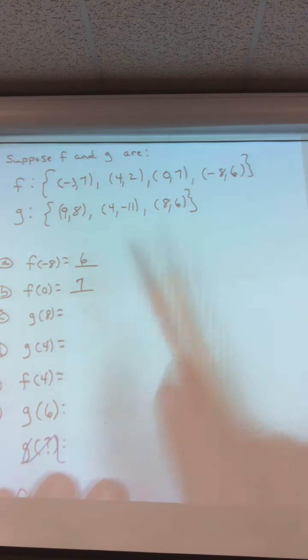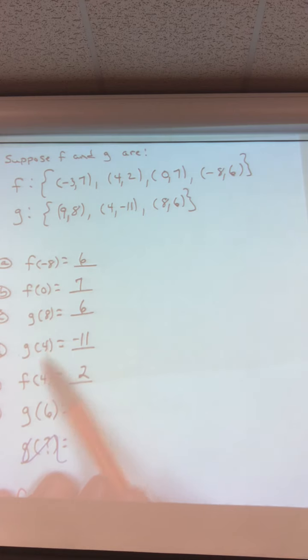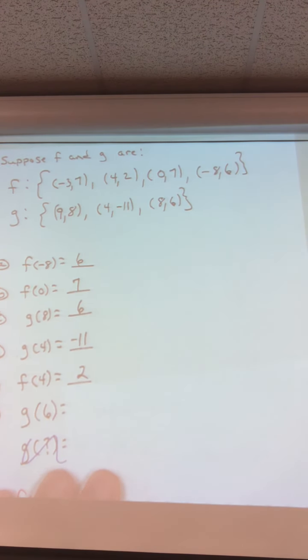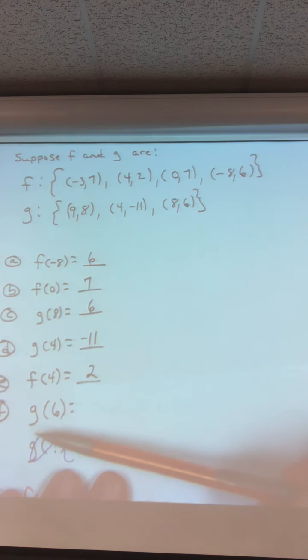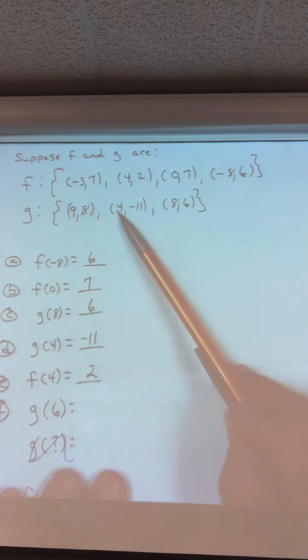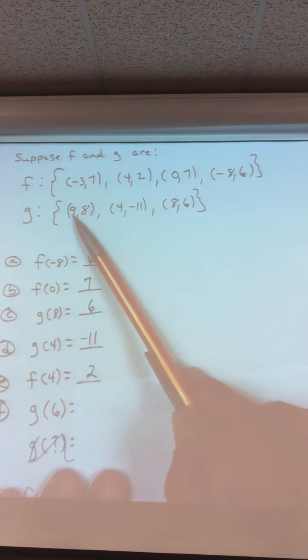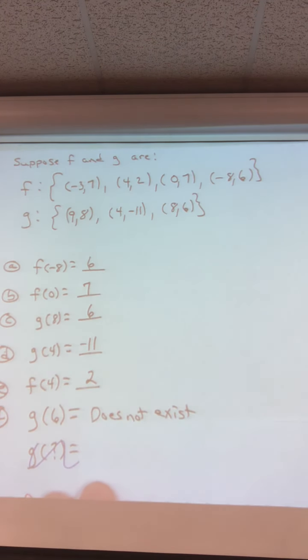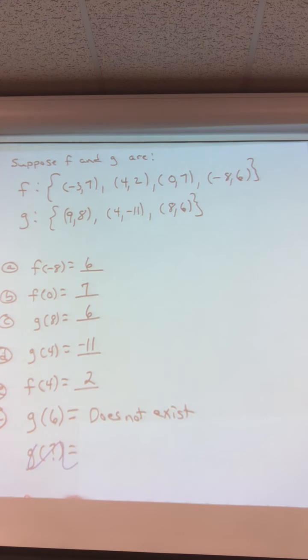Go to f of 4, go to the f function, find the first number 4. There it is, and it's 2. So see, G of 4 and F of 4 are two different things because you're using two different functions. Now let's do G of 6. Go to the G function, find the one that has a first number of 6. None of them. So G of 6 does not exist. All right, now,